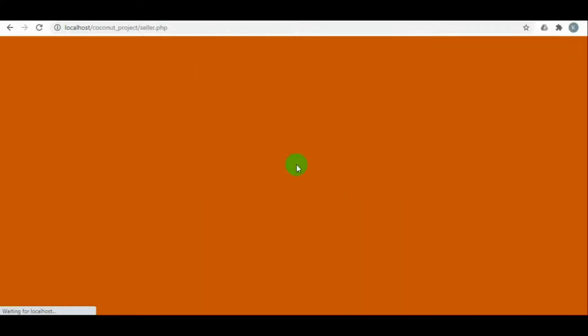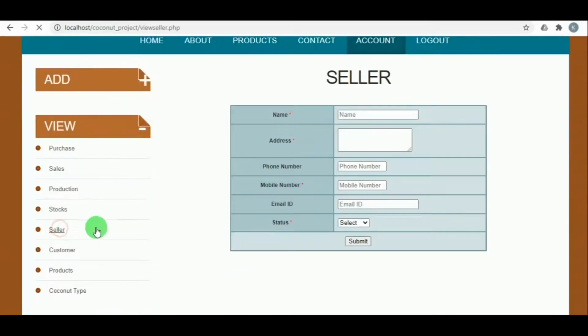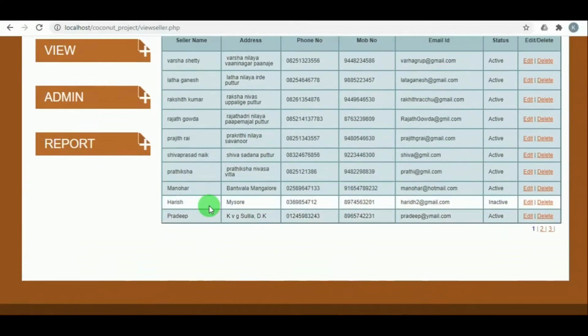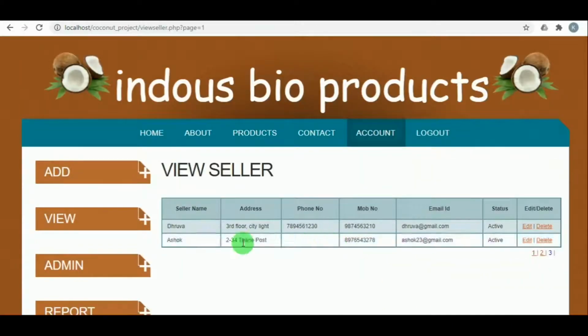Once the seller record is inserted, it can be viewed in view under seller. So the various sellers of the company can be viewed here with all their personal details such as address, phone number, email ID. And the admin can also edit their details.